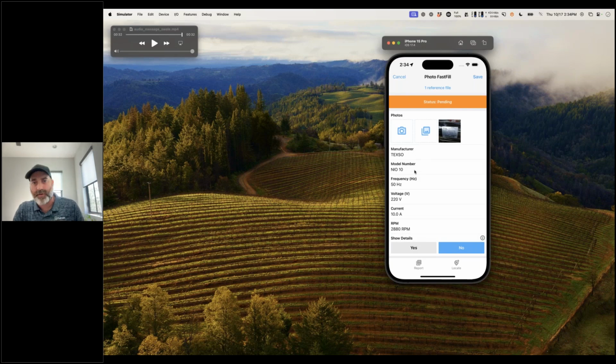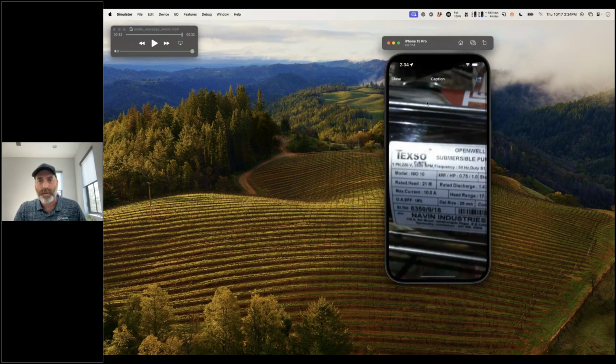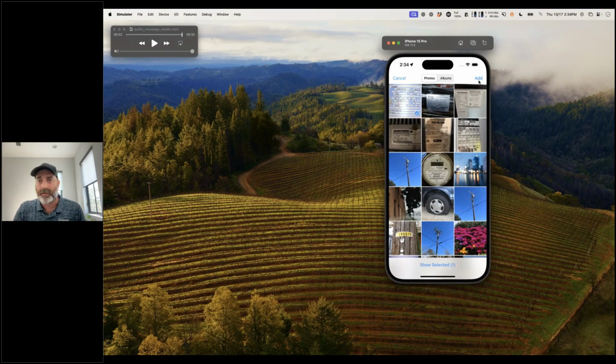So it pulled out the manufacturer, the model number, and these other various fields. So you can see this is an example of the photo we were looking at, and with no training or no special knowledge of AI or computer vision, it's starting to populate this. And I'll show another one here, another example. The novelty here is in the adaptability. So here's another image